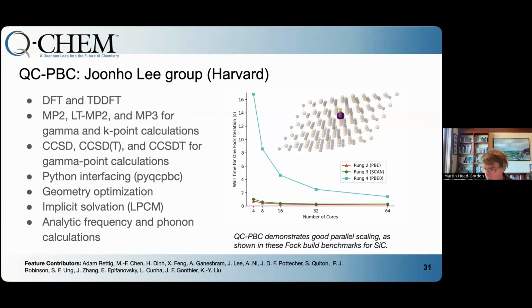a long development, really probably at least 6 or 7 years altogether, since it began as a skunkworks project in my group that Junho Lee led while he was still a graduate student. And now he's a very successful leading faculty member at Harvard, and QC-PBC has been taken to fruition thanks to the leadership of Junho and thanks to lead developer Adam Rettig, who was jointly employed between Harvard as a postdoc and Q-Chem as a consultant to make